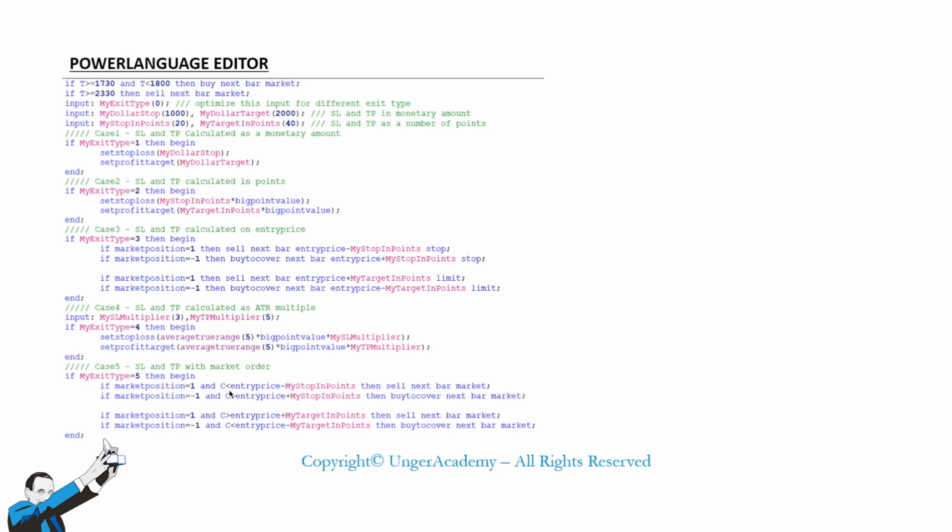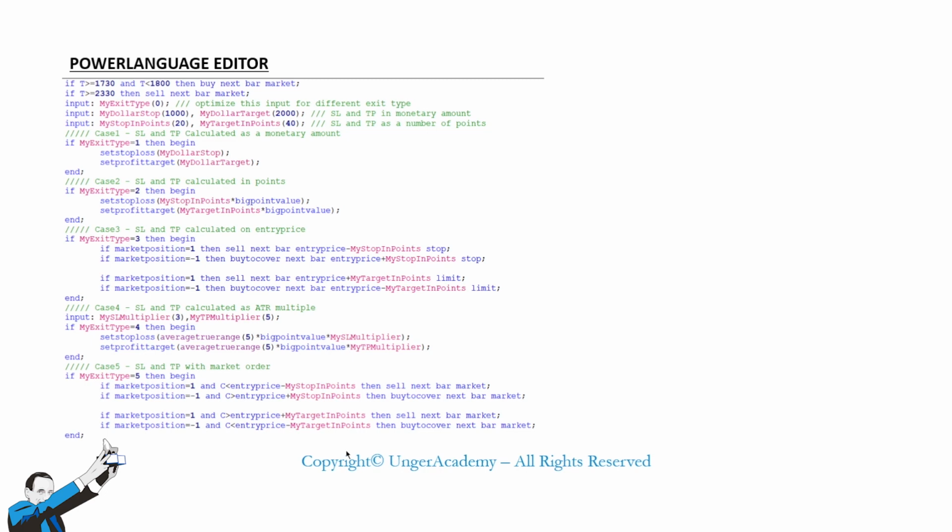In such a case, it might make sense to use a simple trick consisting in waiting for a close below the entry price minus the distance in points for the long side, and vice versa for the short side. So instead of sending a stop order, we'll wait for this condition to occur. Then, when it occurs, our order will be triggered and sent to the market at the next bar at the current market price. Below, we also see the conditions for the take profit, which work in an opposite way to the conditions written above.